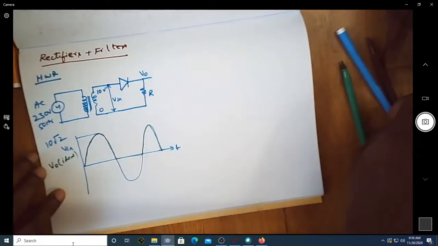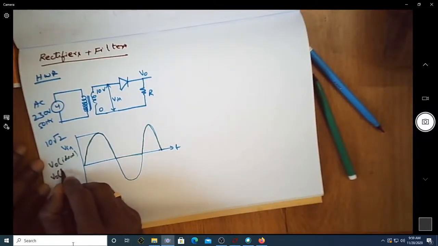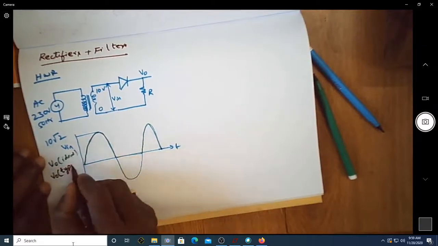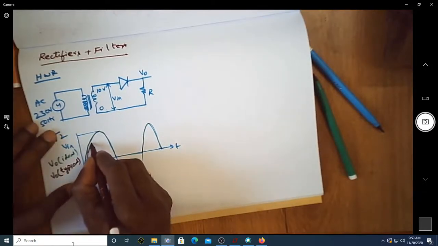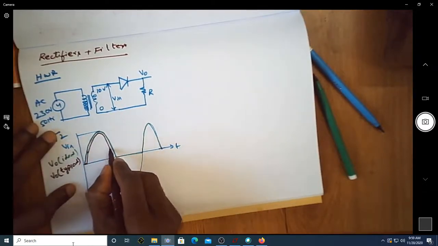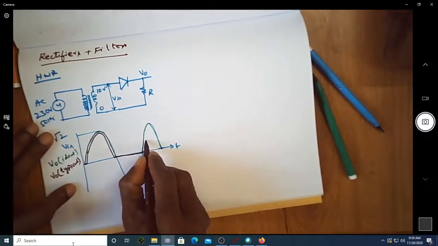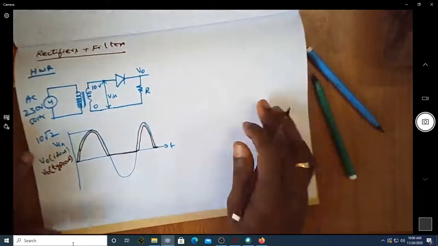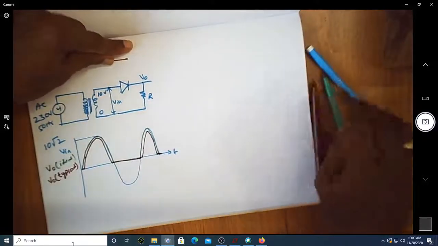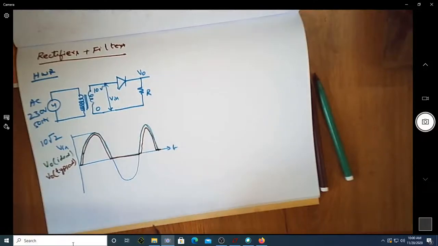Suppose we consider a typical diode, this is V0 for the typical case where we have some cut-in voltage. Till 0.7 it won't conduct, then afterwards it is conducting. You can see it is slightly below the input voltage, and of course in the negative half cycle it is off. So this continues like this. I'm not drawing similar waveforms here, so this is a freehand sketch. So these are the input and output waveforms with only rectification.